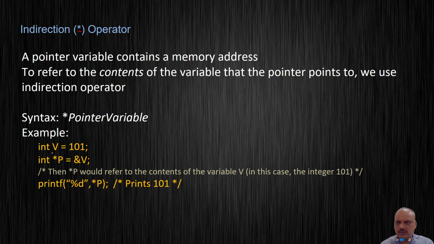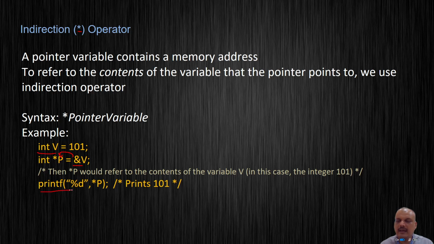Let us look into this code. Here I have an integer variable v which has been assigned a value 101. What is done later is I take the address of v and then pass it on to the pointer p. So you understand this, it's an address of operator. What this gives out is not the value of v, which is 101, but the address in which this 101 is stored. That address comes out of this address of operator, and where does it get stored? It gets stored into the pointer.